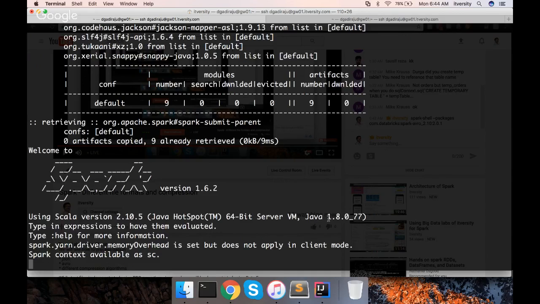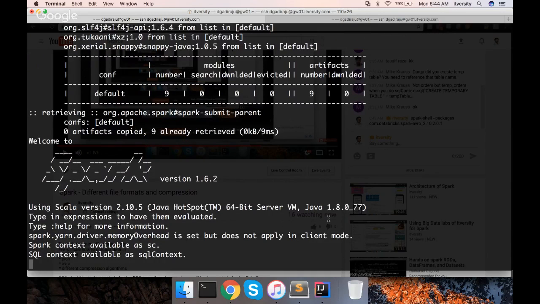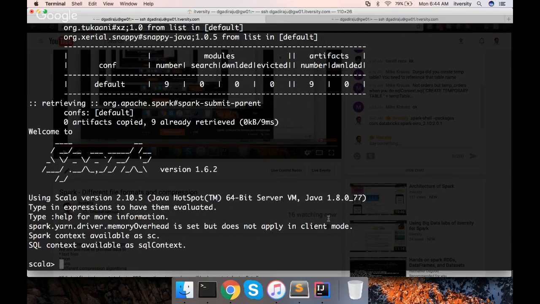So let me complete the lifecycle with avro format. First, I will try to read the data from orders, and then I will try to create a data frame. I will write it into avro format, and then I will read it back from the avro format and display the results. I will try to complete the entire lifecycle, which I have covered earlier with JSON, with avro as well.